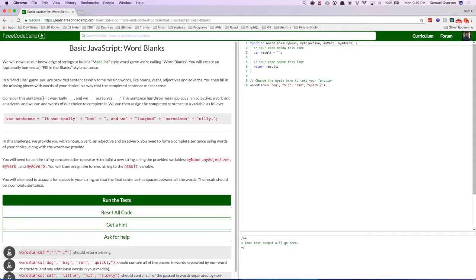Consider this sentence: it was really blank and we blank ourselves blank. This sentence has 3 missing pieces: an adjective, a verb, and an adverb. And we can add words of our choice to complete it. We can then assign the completed sentence to a variable as follows. For our sentence, it was really hot and we laughed ourselves silly. So